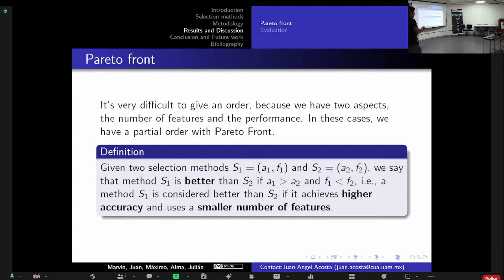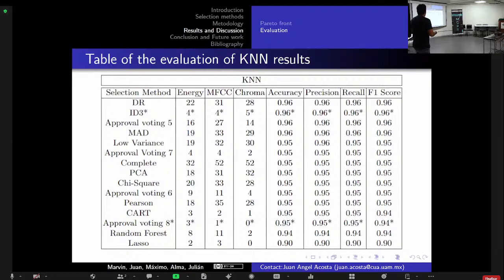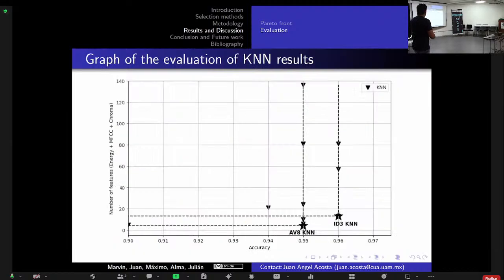One method is better than other methods if it has fewer filters and higher accuracy or performance. For example, we have a table of evaluation for KNN for each method. In this case, the best method is ED3 and approval voting 8. This method is the best because ED3 is the best method because